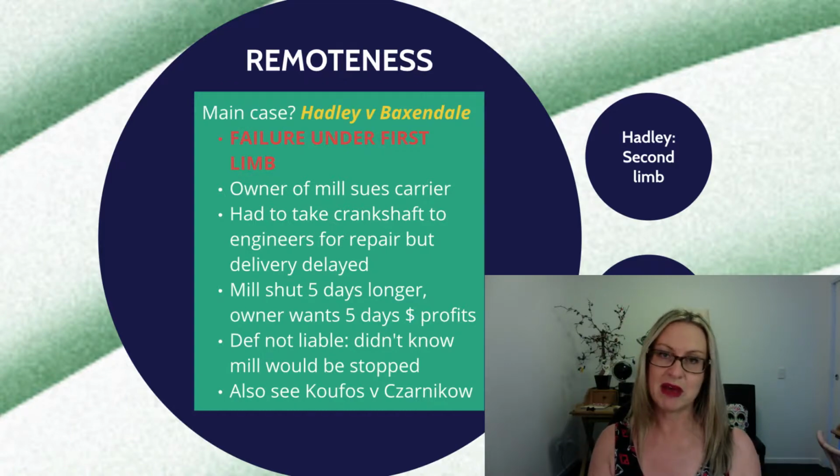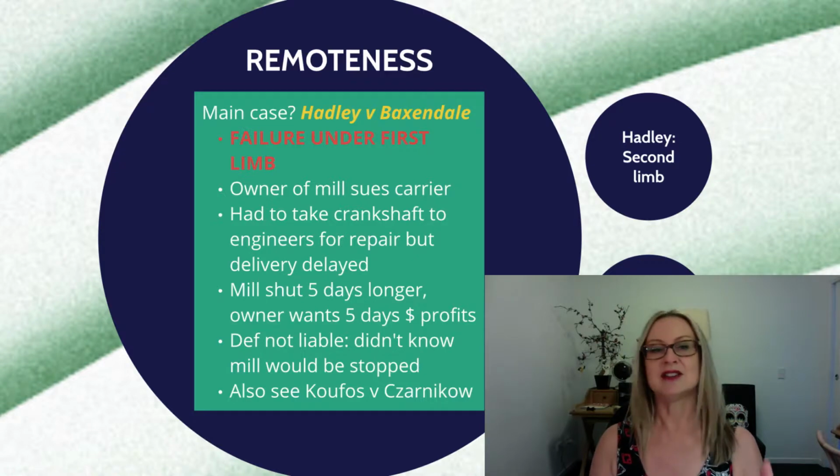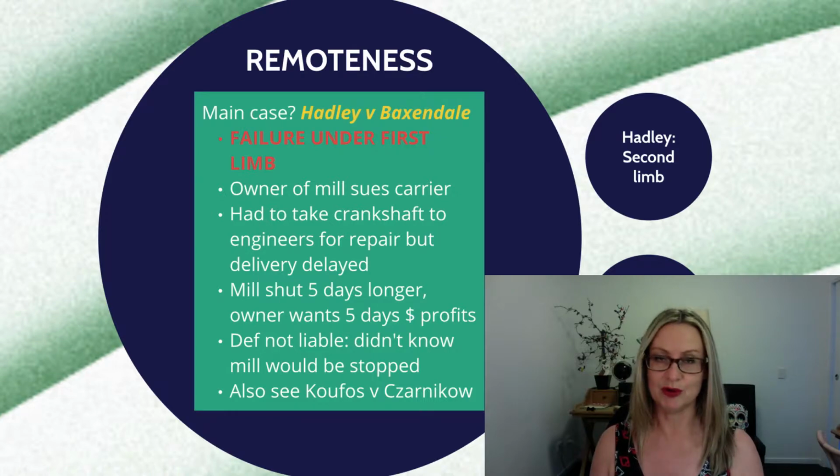Now, delivery back took 5 days longer than was absolutely necessary, and the mill owner tried to sue the carrier for the 5 days worth of profit. The question was, was this kind of loss going to be recoverable, or was it too remote? Now, the court laid down 2 different limbs of remoteness, and under the first limb, your loss will be recoverable from the other party, from the defendant,